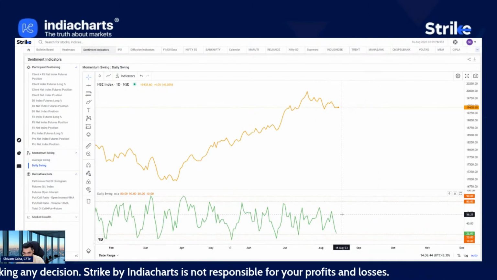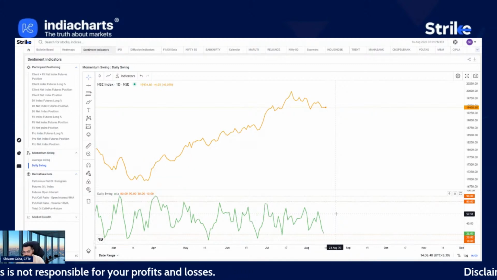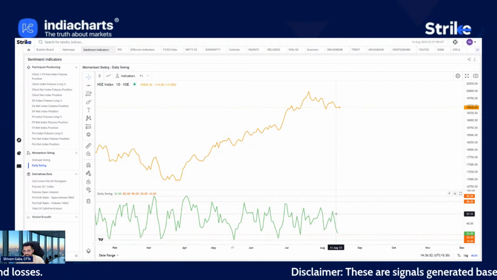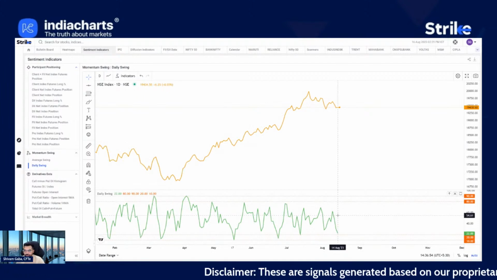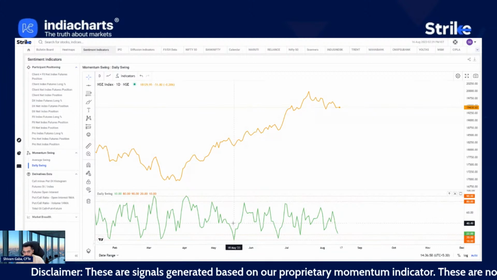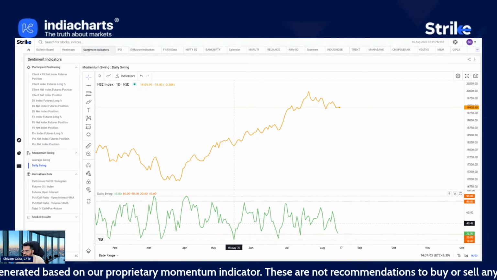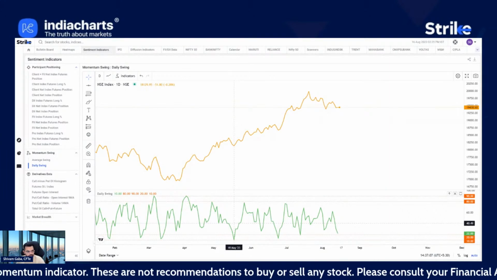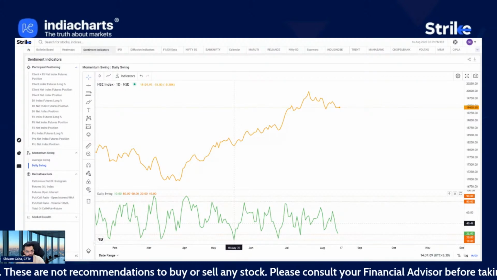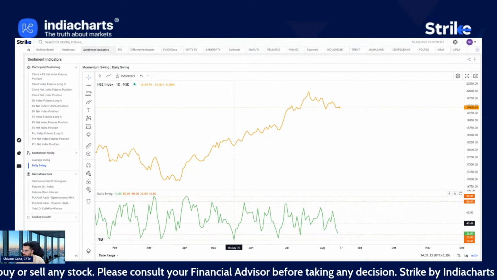So this data is also as of previous close as of now, which is at 22. We are working to get this data in real time very shortly so that one gets to know what's the figure for today before the market close. Because numbers like below 20 can give us a very sharp recovery, and there is a very good opportunity there. So this is a quick dive into sentiment based on different positioning, the momentum, as well as put call ratio.